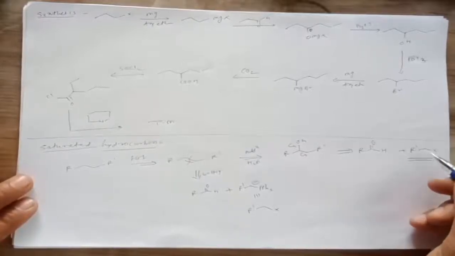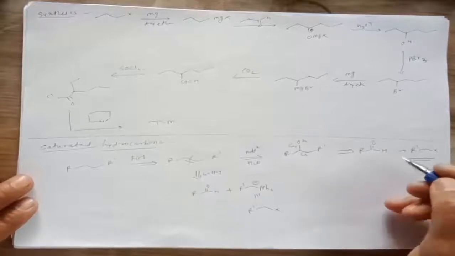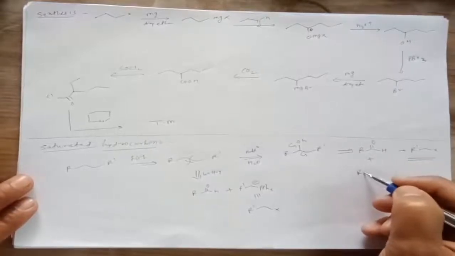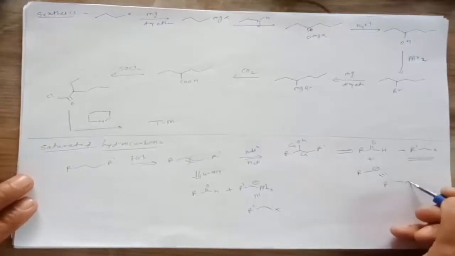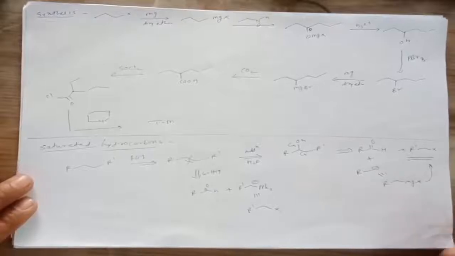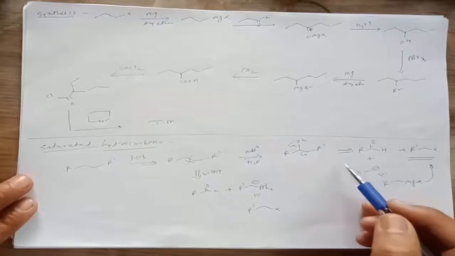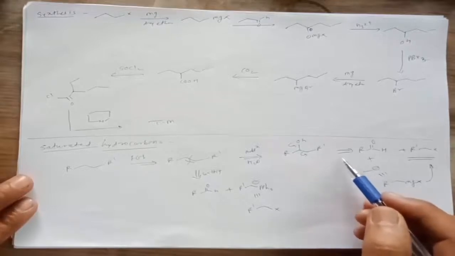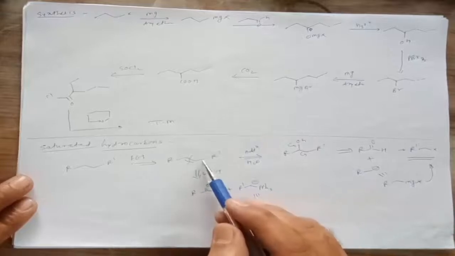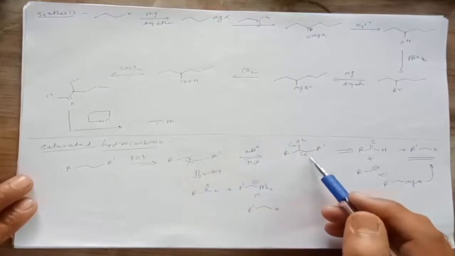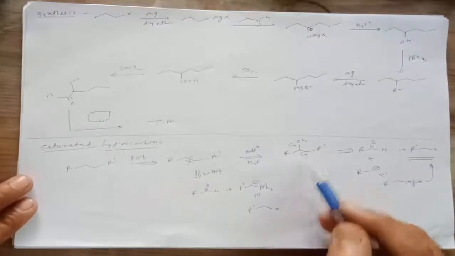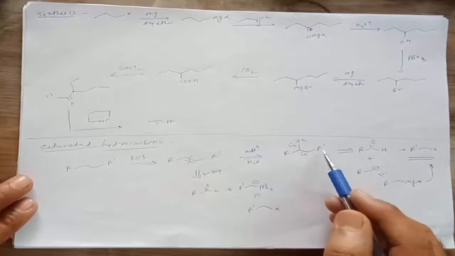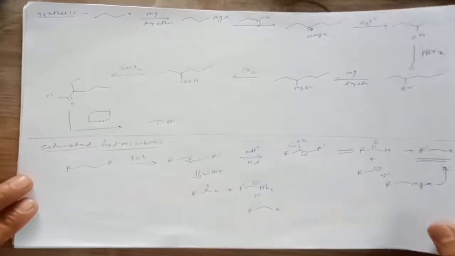So that means we can take the R-CH2 minus, and its synthetic equivalent will be R-CH2-MgX, right? And this can be taken from this R-X. So this is the simple method. Instead of taking alcohol, because if we are taking alcohol, then in elimination reaction we can get two different products. Therefore, if there is a chance of formation of only one product, we can go for addition of water, but if there is a chance for the formation of two products by using alcohol, we can prefer this Wittig reaction.